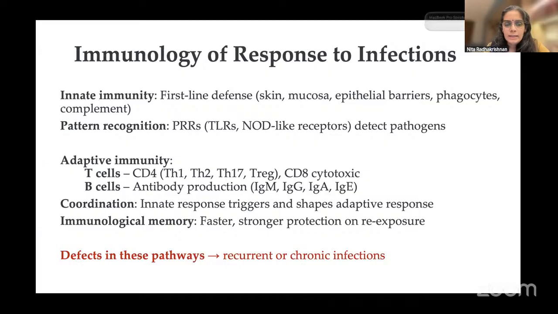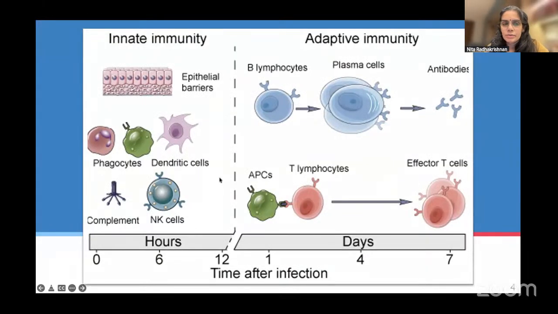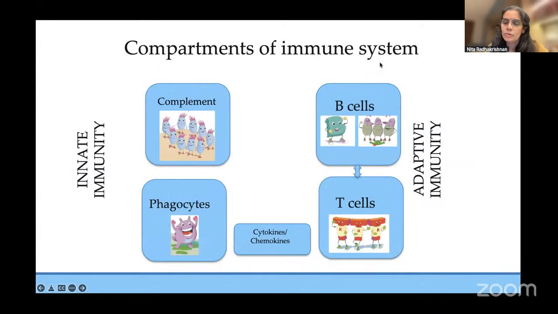So the innate and the adaptive immune system we already heard. You're born with your innate system, and this is your first line of defense. An adaptive system is what you acquire as you go. This is a very basic cartoon that shows these are the compartments. We have to start thinking of compartments of the immune system when we approach these patients, because there are hardly any clues from your physical examination.